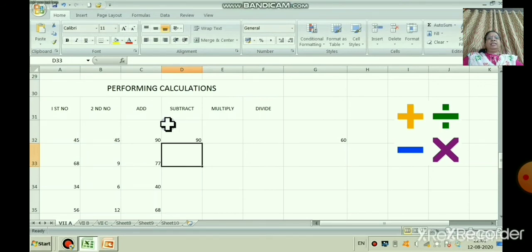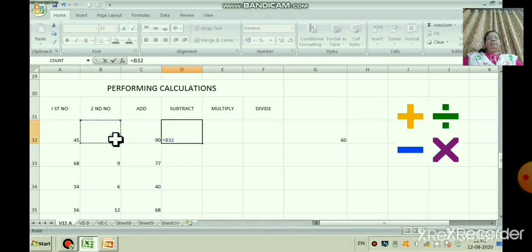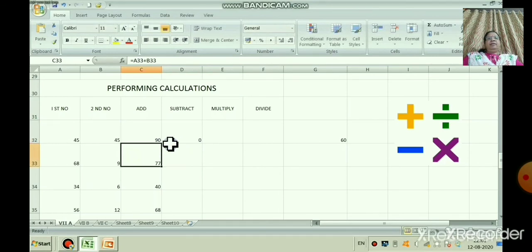So 90 is coming, why? Because I have added, right. Now it is subtract, so equal to A32 minus B32.